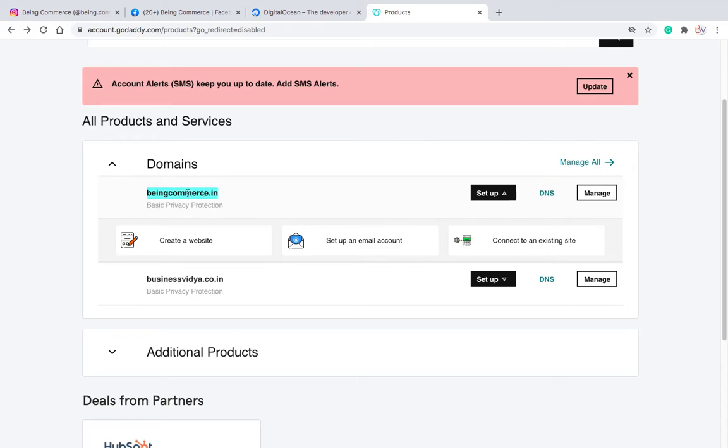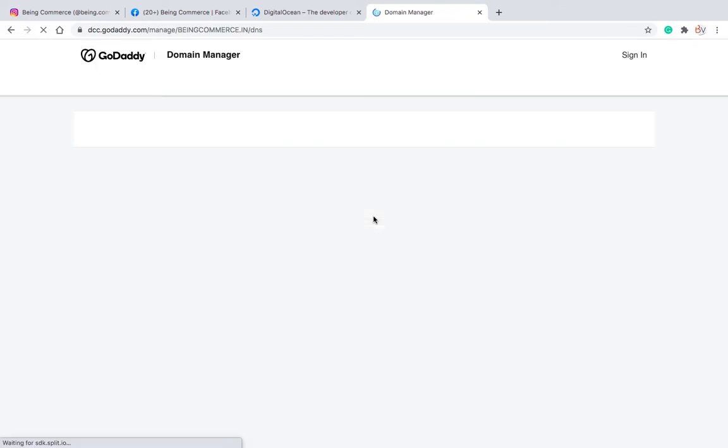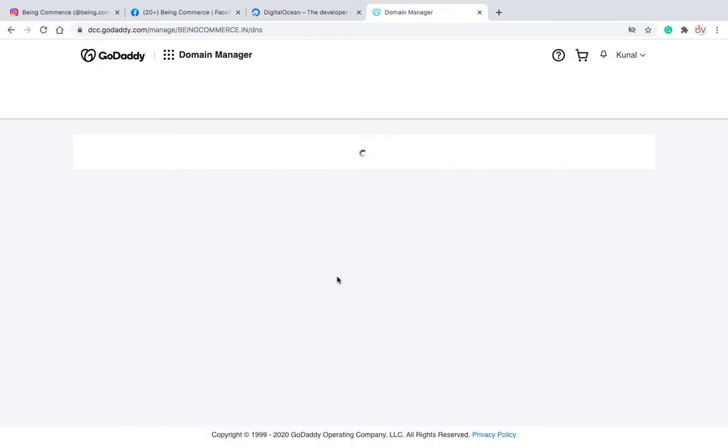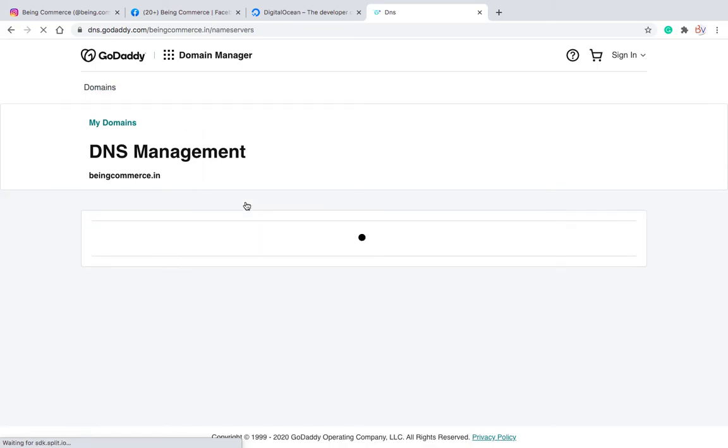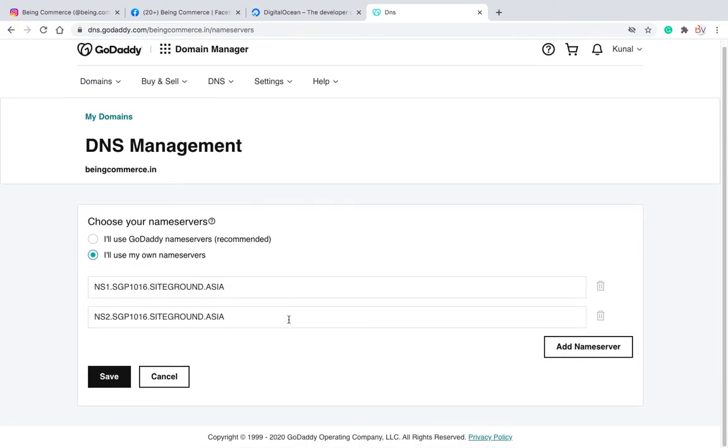So suppose this is my domain and I will click on DNS. So now guys, what we need to do, we need to put those codes here. In our name server we just simply need to copy and paste.